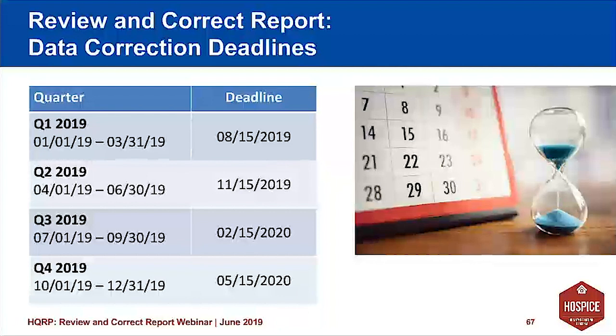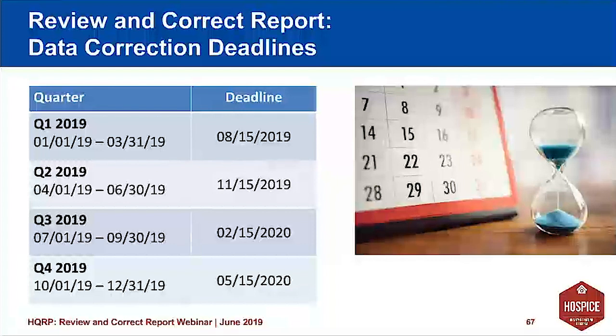So again, I want to just review the data correction deadlines for each of the quarters. And this is not just for 2019. This has to do for any given year, but we're using 2019 to explain. So Q1 of 2019, which runs January 1st through March 31st of 2019, the data correction deadline would be August 15th of 2019. For Q2 of 2019, the data correction deadline is